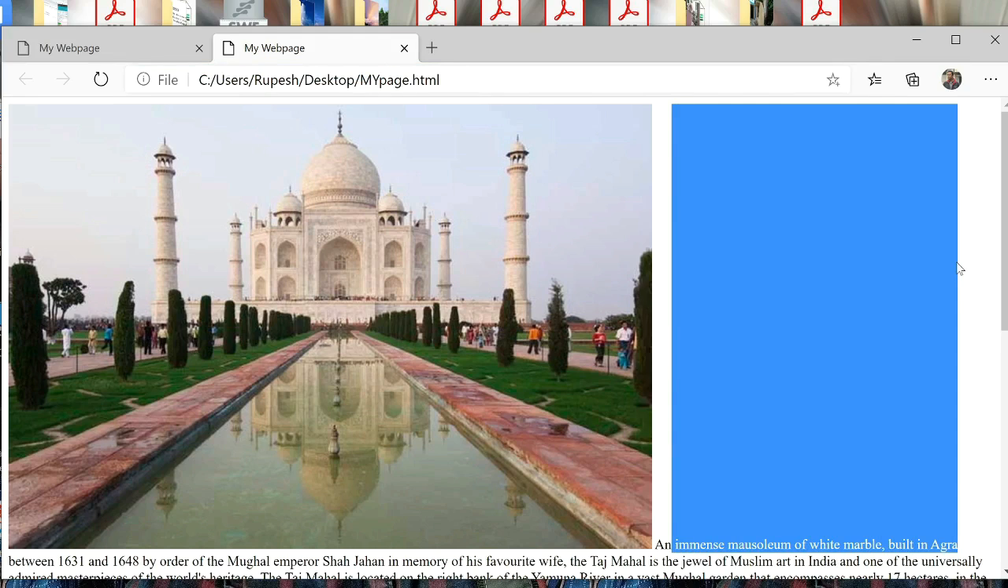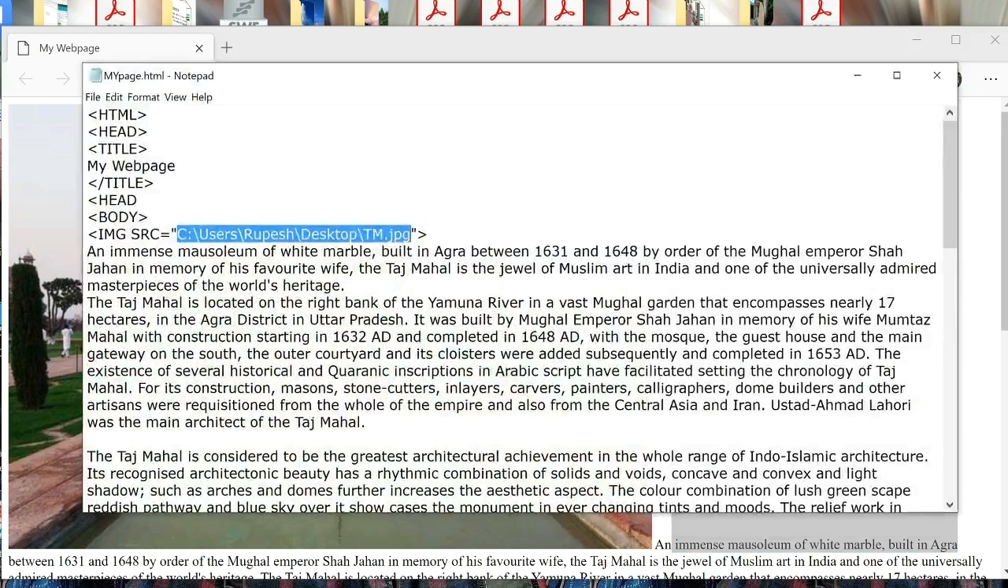Now I will change the size of this picture. I will make the picture small by decreasing the height and width of the picture. For that, here in the code I have to use two attributes. One is height, another one is width. So let me use height first. Height